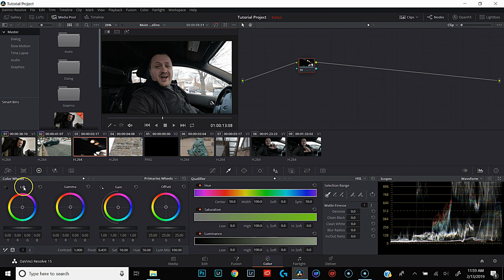So what I'm going to do is come over here to the lift wheel. You have your color wheel where you can change the tint of the shadows and the blacks. And then you also have an exposure dial down here in the bottom. We can go ahead and just drag that to the right a little bit to bring up those blacks even more. We're gonna come over here to gain, and we wanna bring these way down,